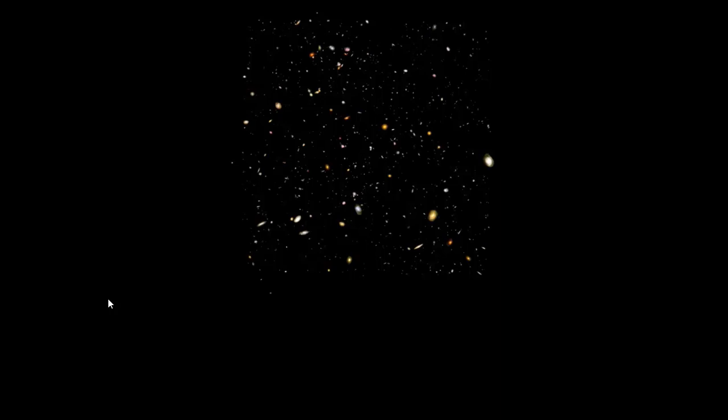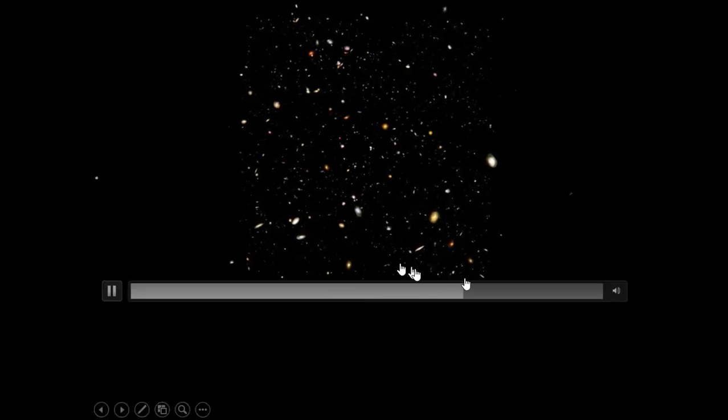Recently, Hubble scientists put the icing on the cake. Using the measured redshifts of our image,